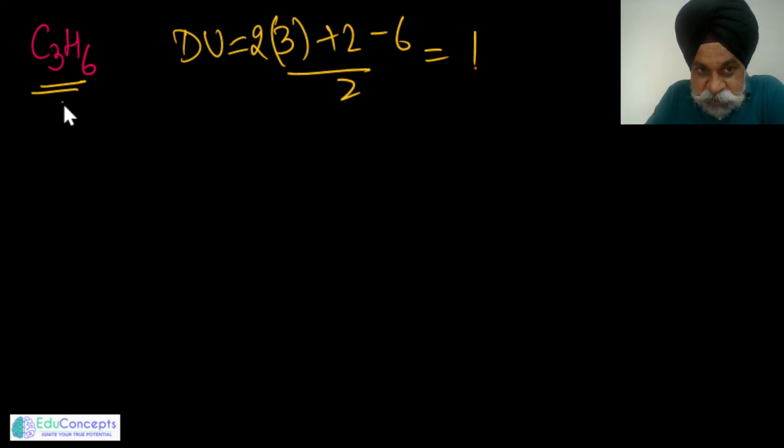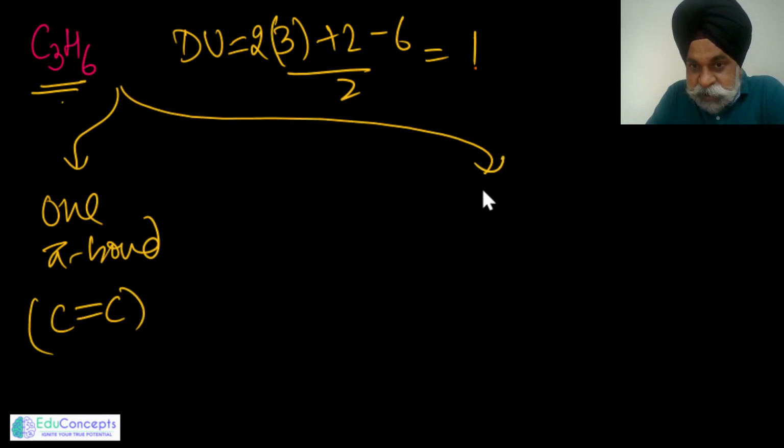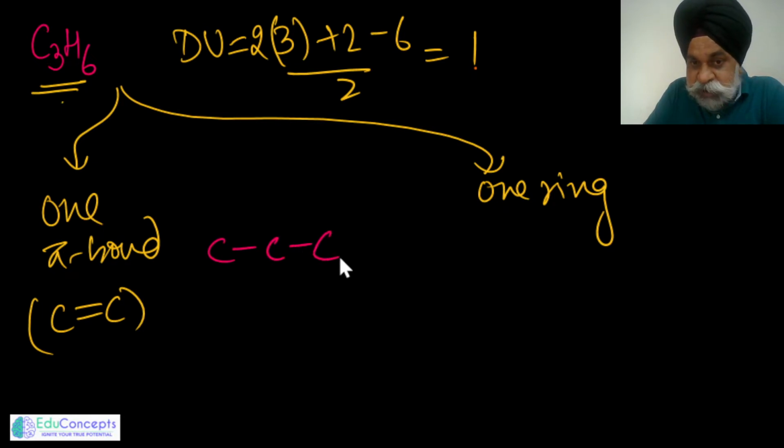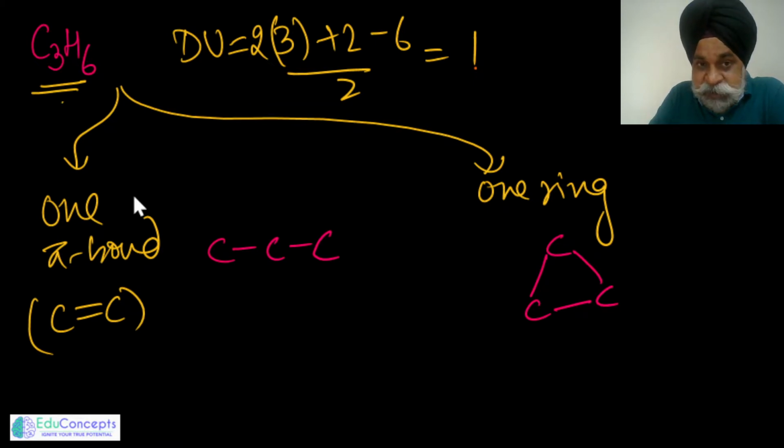So this means it would have either one pi bond, which would be available as C double bond C, or one ring. Beautiful. This we have already done a few minutes back. So there are 3 carbons. The 3 carbons would at least join with each other through single bonds. But since the degree of unsaturation for this is 1,